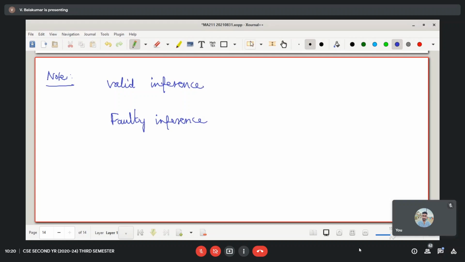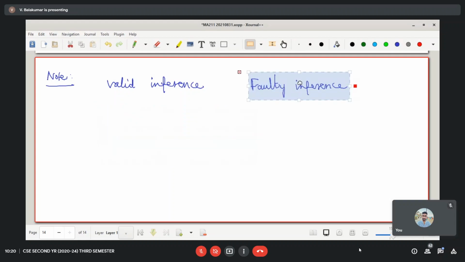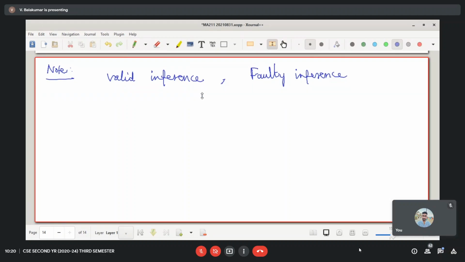I would also like to mention one more note. Suppose you have a valid inference, you will be having a conclusion. The conclusion in a valid inference need not be true. It is not necessarily true.